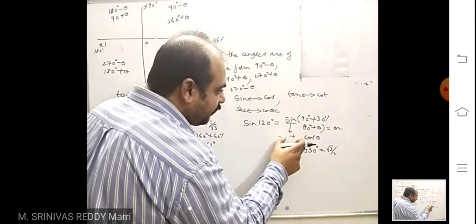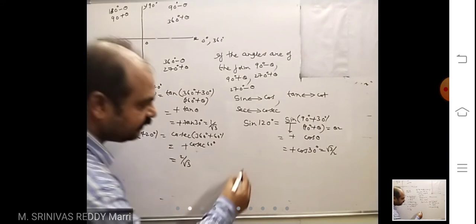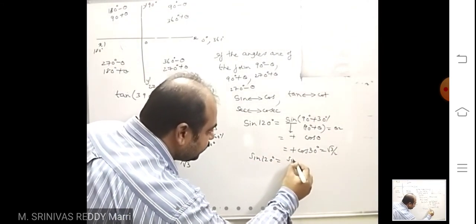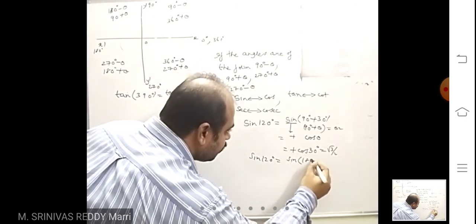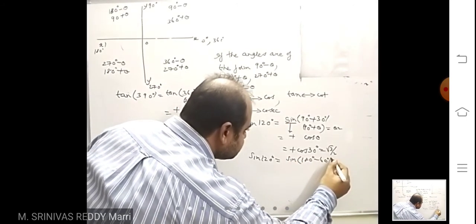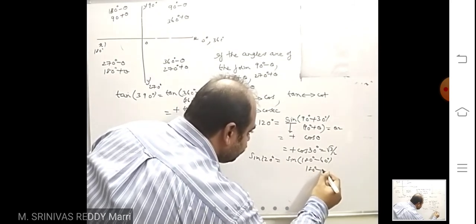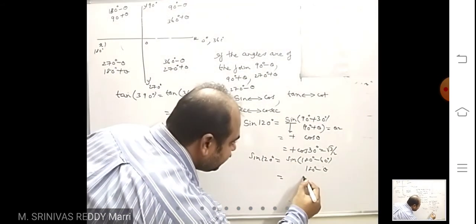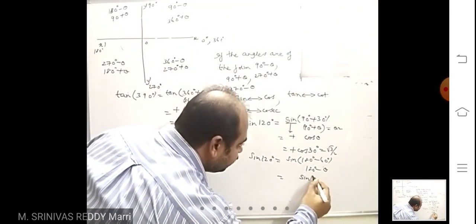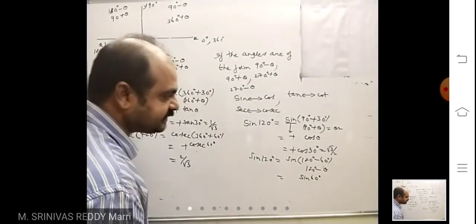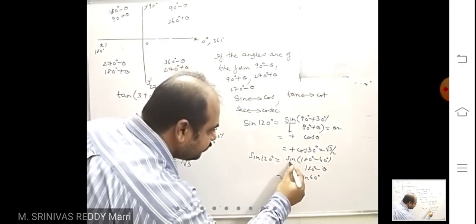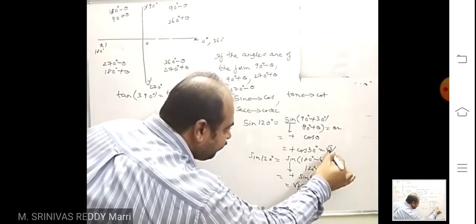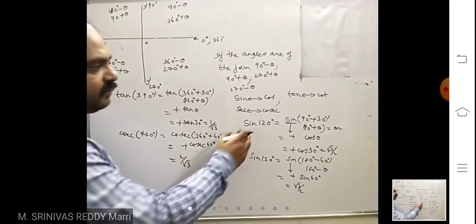For sine, it is what? Positive. That means plus cos 30 degree. The sine 120, you can write in the previous manner also. Look at in the previous manner, 180 degree minus 60 degree. You can write like this also, 180 minus theta. So if this is 180 minus theta, we will write sine theta, sine 60 degree. This we will write the sign positive. This is also root 3 by 2 only. Same value you will get depending upon how you will choose the one.